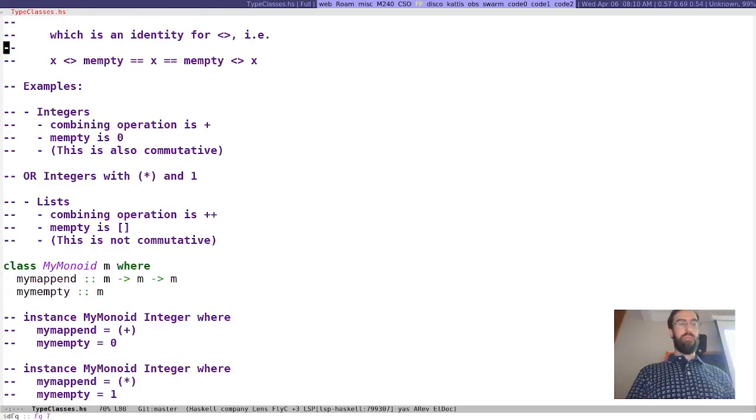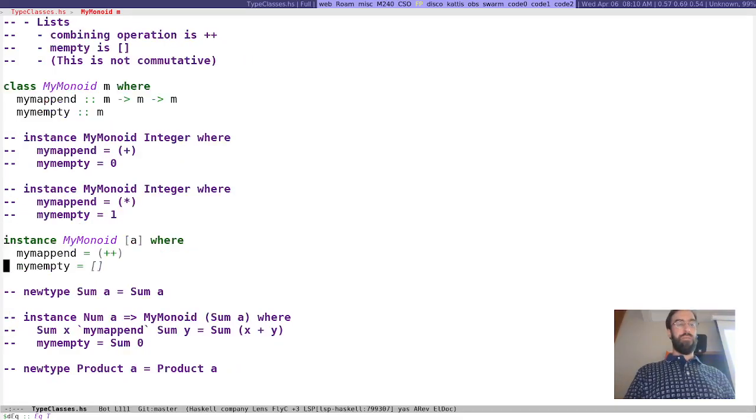What are some other things that are monoids? Let's see. So we talked about integers. Well, not just integers, right? Any numeric, anything that has plus or times probably is going to be. So doubles, int, integer, float, kind of stuff. And then any kind of list, which includes strings or lists of whatever you want. Another example is